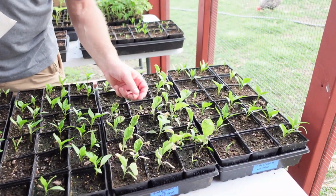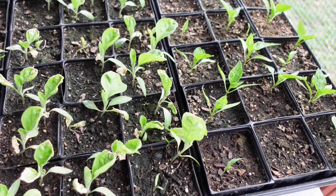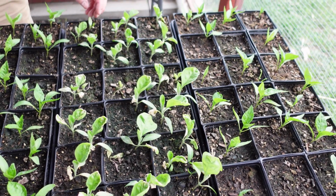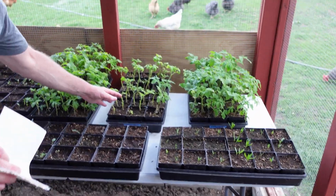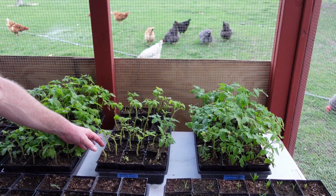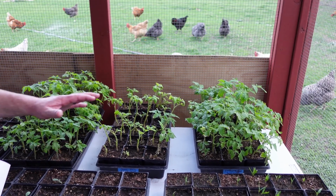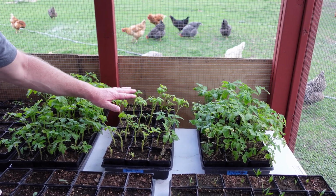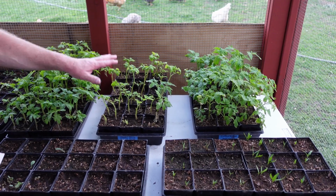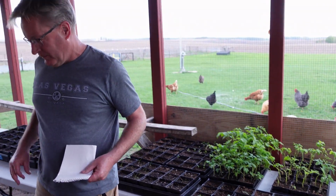It got a little cool. My eggplant, I don't know if you can show that. The eggplant's going to be fine, but we had some frost damage. So it set these girls back a little bit. Unfortunately, the eggplant took it, as did some of the tomatoes. And these are the tomatoes that are good ones. These are the big sauce tomatoes. I think I've got enough that have survived. I can bury them down. I think we're going to be just fine, but oh my God, I just about jumped off a